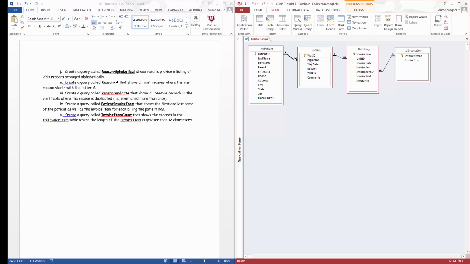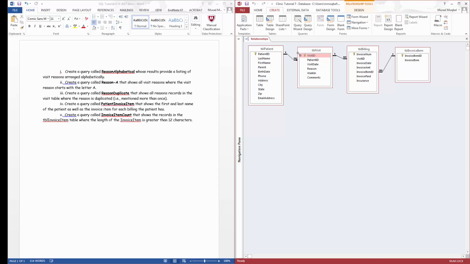Inner join basically matches every record that matches between those two tables. A right outer join means it lists every record that I have in the visit table, but only those records in the patient table that have matches in the visit. It lists all the records in the visit table even if they don't have a match in the patient table. So that's what we call a right